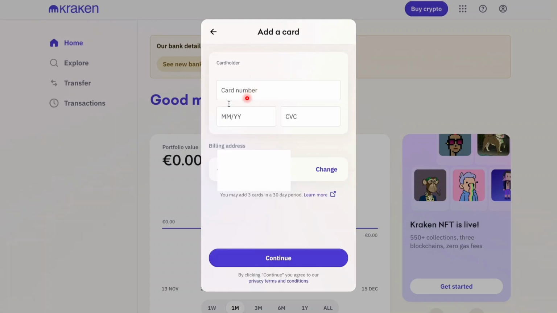And then you add your card. You just enter your card number, expiration date, CVV code, and your billing address. If it's the same one, keep it. Otherwise, you change it and hit continue, and it will be saved. It's really that easy. You can go ahead and use this to buy your crypto,